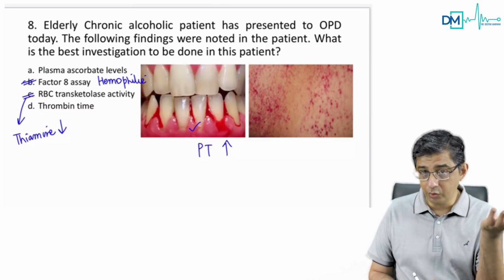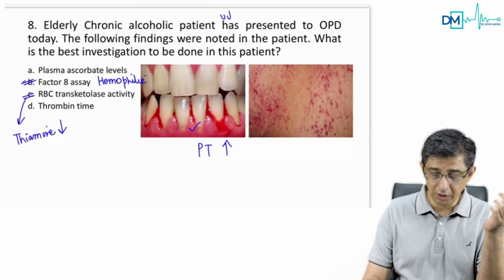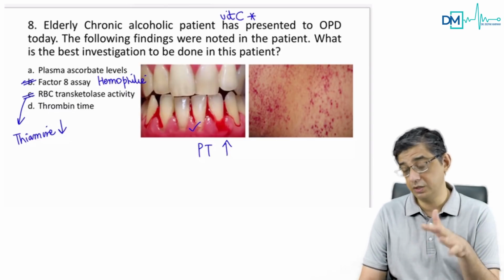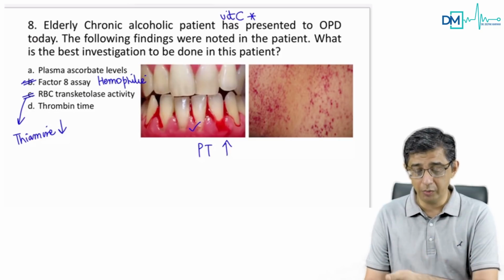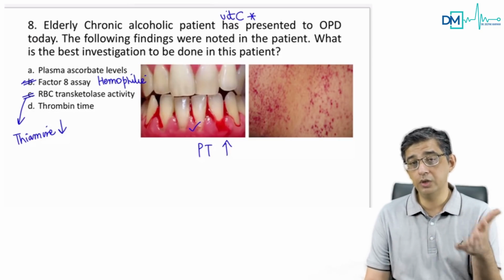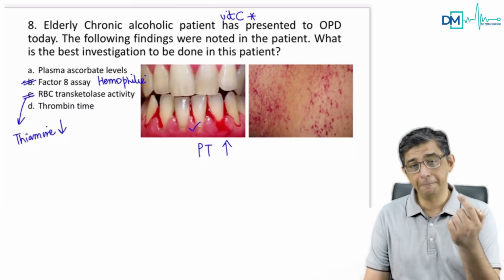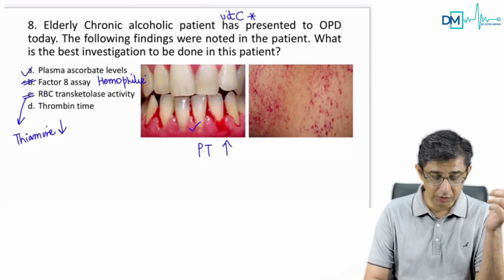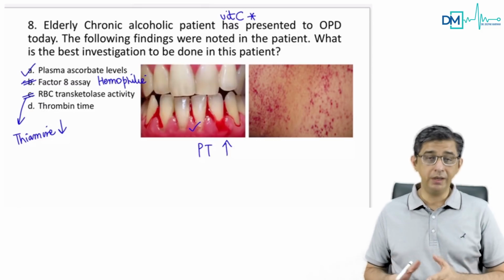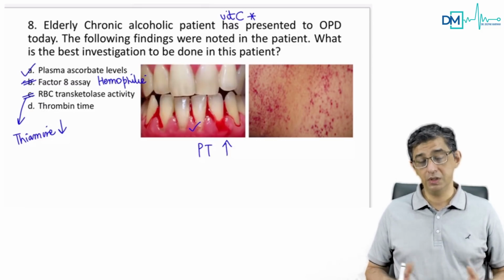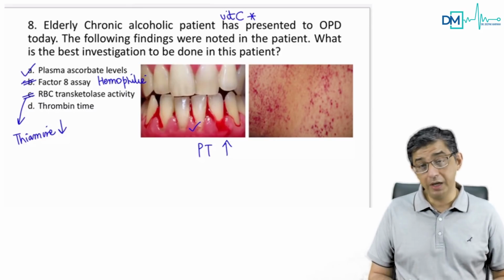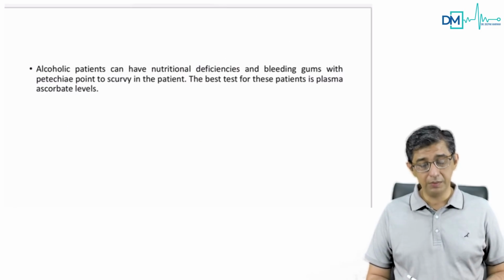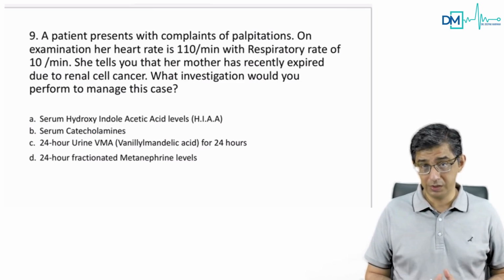The bottom line is, guys, nutritional deficiencies of vitamin C can definitely occur in alcoholics, just as we have thiamine deficiency. They could be cardiac lesions, CNS lesions. If it's a vitamin C deficiency, it can contribute to manifestations like these. So what are you gonna do? You're gonna take the blood sample, spin it, and then you can check the levels. So the answer to this would be plasma ascorbate levels. The bottom line is you can have nutritional deficiencies in an alcoholic patient, and instead of asking about thiamine, which he has asked so many times, he has this time decided to ask regarding vitamin C deficiency. Moving to the next one, he talks about, this was slightly a difficult one.